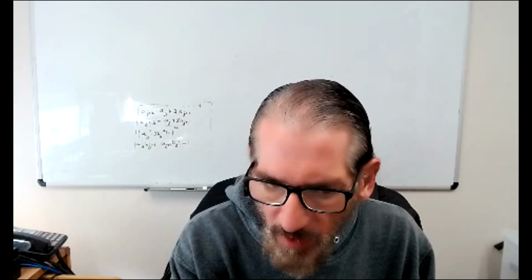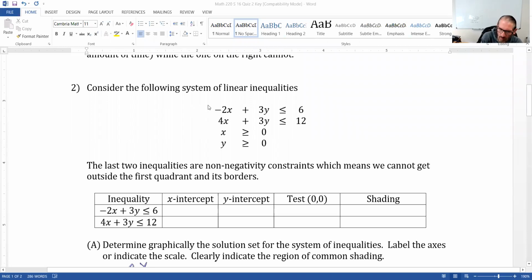So here is something without any context. We're supposed to take the system of linear inequalities here. We've got 4 of them. The last 2 are going to trap us in the first quadrant or on the borders of the x-axis and y-axis that are on the edge of the first quadrant. So to graph the first 2,